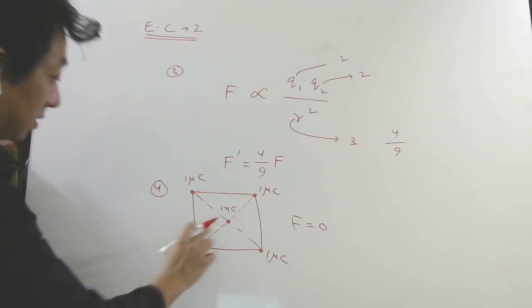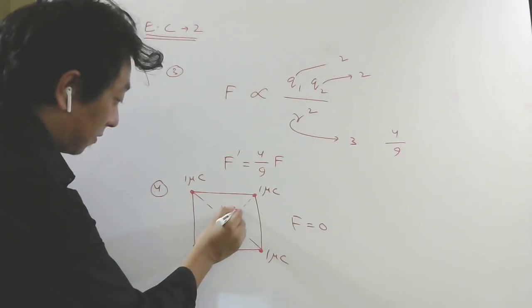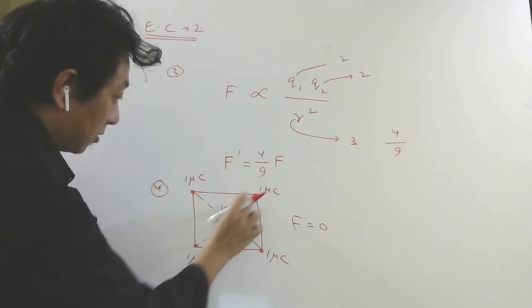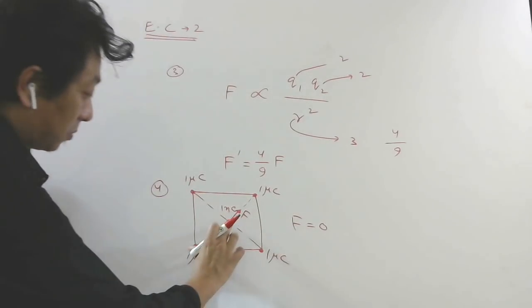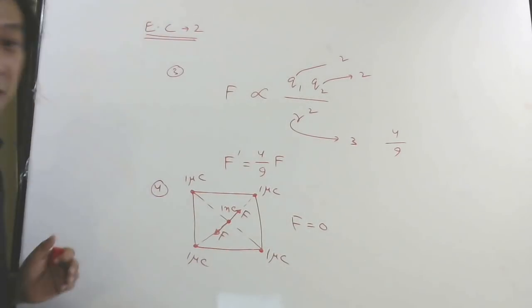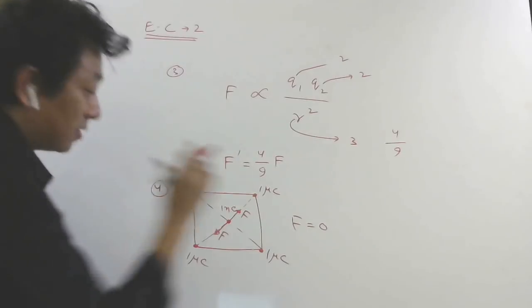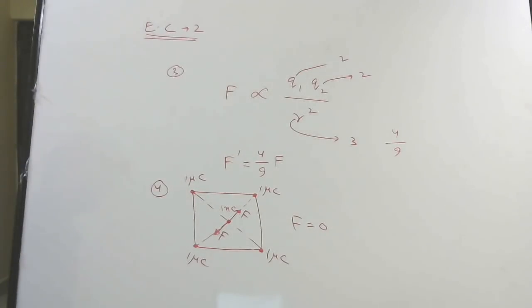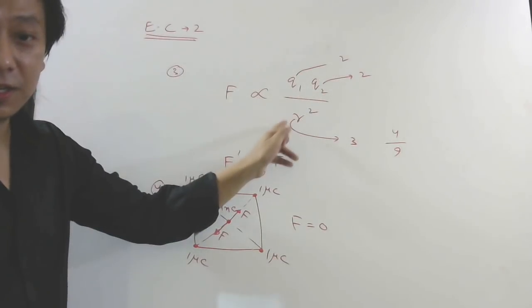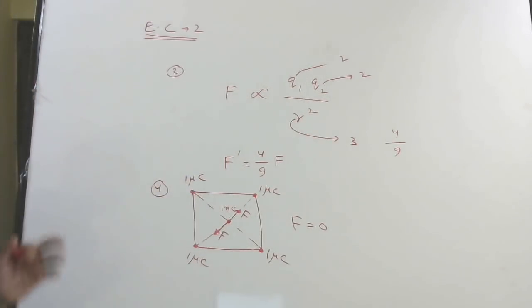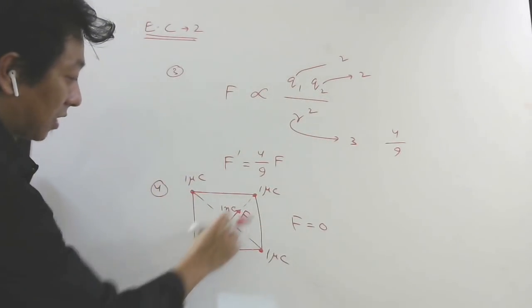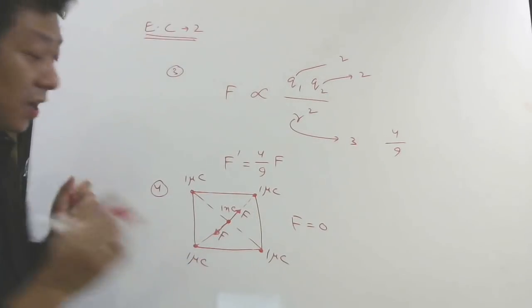Because, see, this will be repelled by this, F. This will also be repelled by this, F. And the magnitude will be the same because this product of charges and this product of charges are the same, and this distance and this distance are the same. So force depends on what? Product of charges and distance. So if the product of charges and distance are the same, the force will also be the same. So this force and this force are the same, but opposite, so they will cancel.